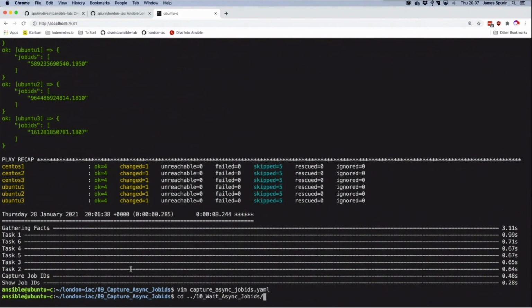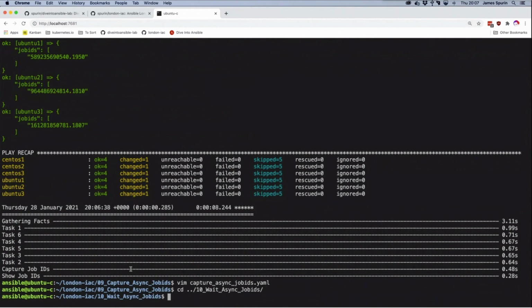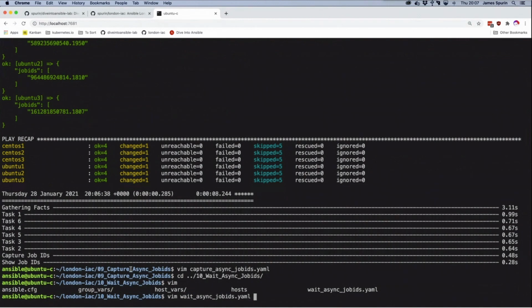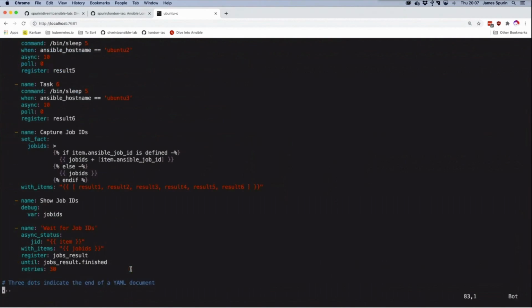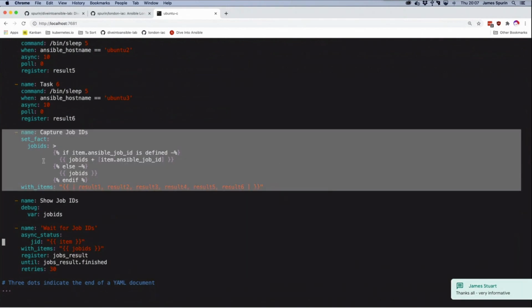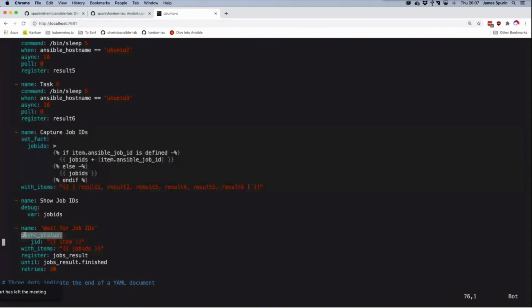Okay. Next one, as the name implies, this will show you how, rather than it just exiting as the asynchronous job is running in the background, here we have the logic for how we can wait. So we're using that information that we've captured, which are the job IDs, and we're using this async_status module to wait for each particular job ID. And quite simply, we have with_items to pass in all of those job IDs as the individual job ID. So this here,